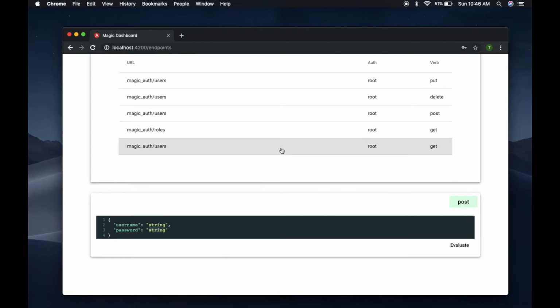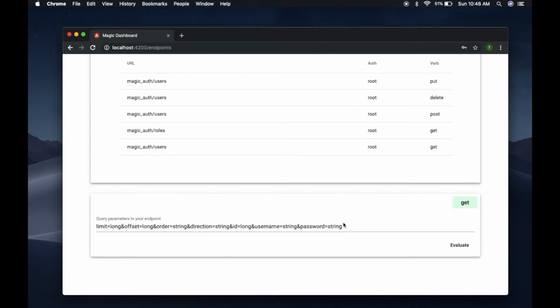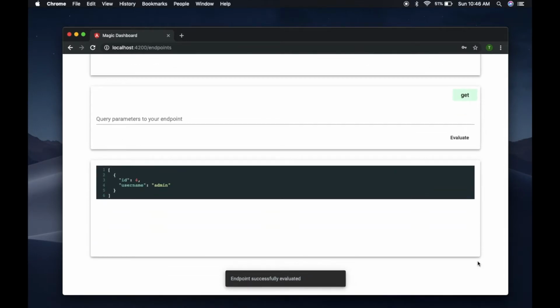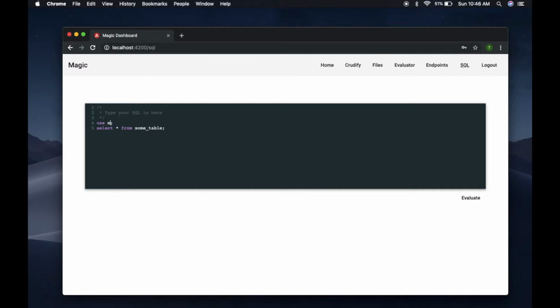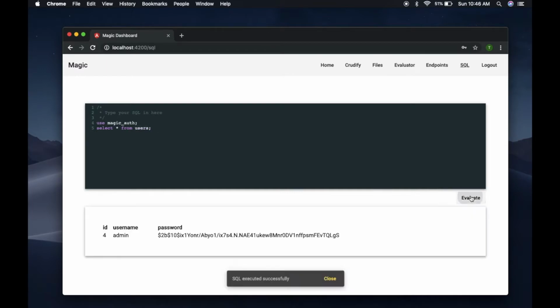So let me illustrate that by selecting all users here. And actually, let me illustrate it from here. And show you that this isn't the password. It's a cryptographically hashed version of the password. So whenever we are creating a new user, we need to make sure that our endpoint is doing the same